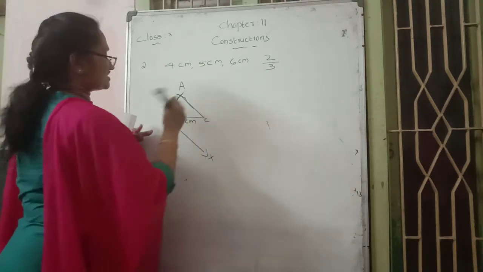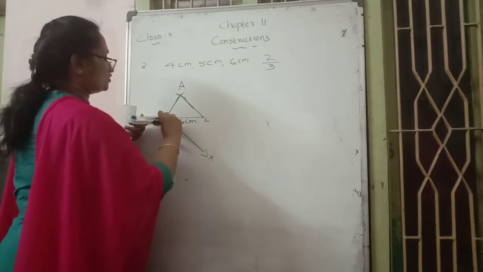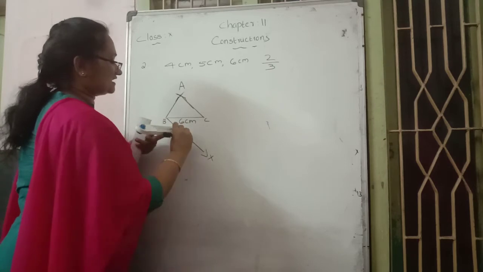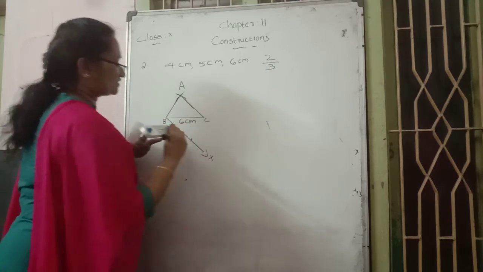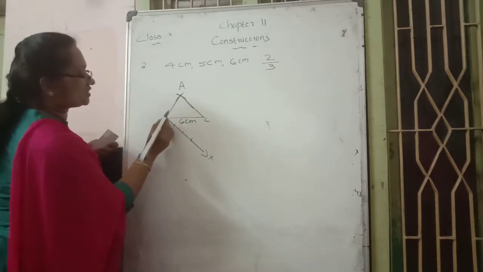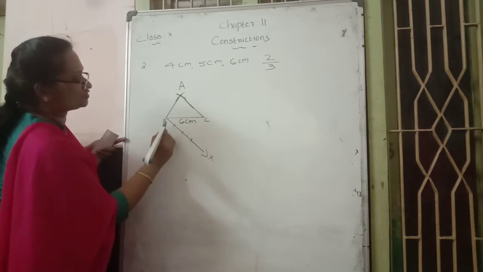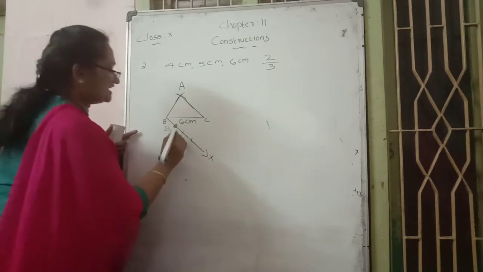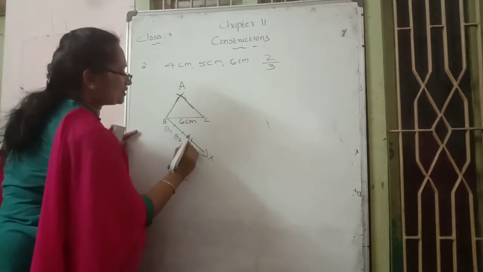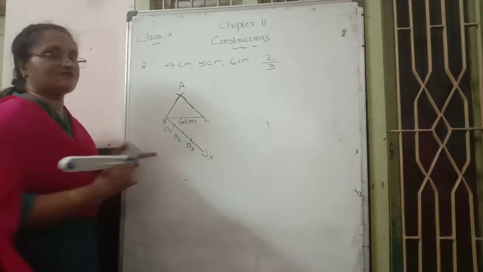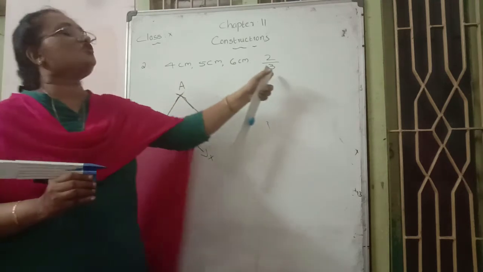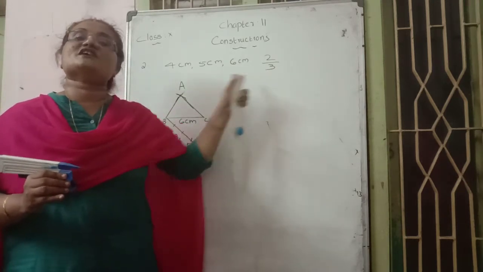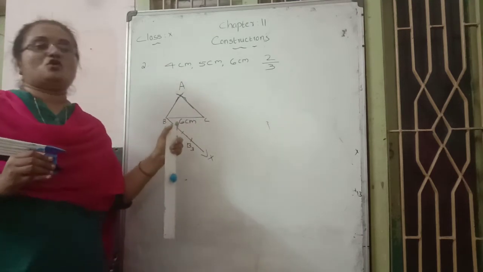Here the denominator is 3. That's why we want to mark 3 arcs in this way and give the base here, alpha B. So the first point we name B1, second point B2, third point B3. Why do we put 3 points? Because in the scale factor the denominator is 3. On the basis of the denominator we mark the points.